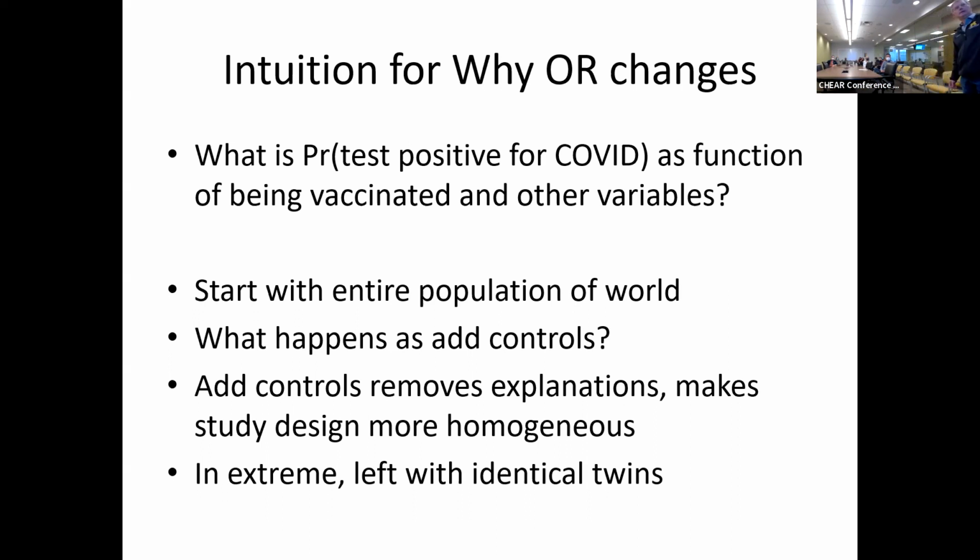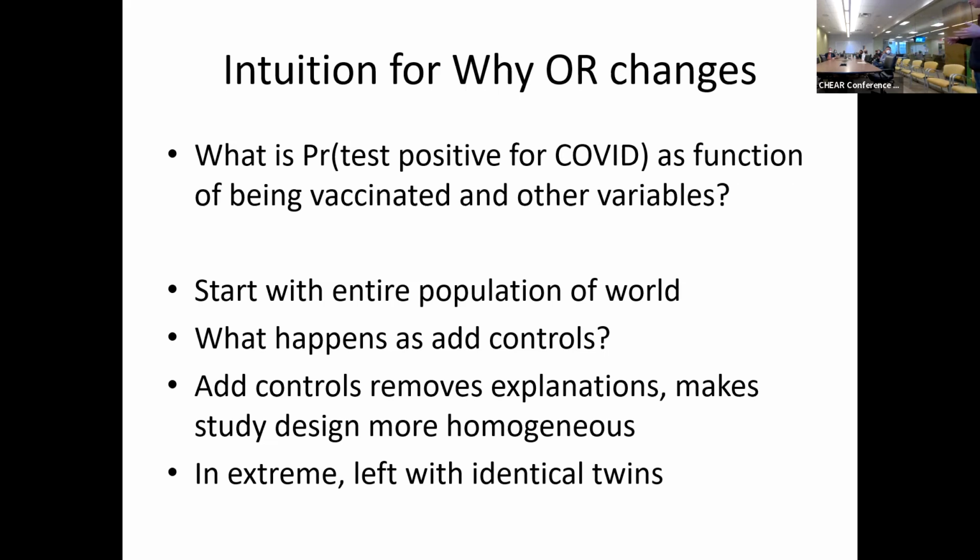We could start with the entire world population of almost 8 billion people. But suppose you could collect data from the data fairy, who has gobs of data. There are a lot of reasons why various people do or do not test positive for COVID. You have hermits living alone, with no contact with other people, who are not going to get it. You have other people who are in contact with people as local epidemics blow up, and they're very likely to get it. Contact with others, vaccination, other exposure, et cetera. There are lots and lots of reasons beyond the one thing of whether you got vaccinated or not.